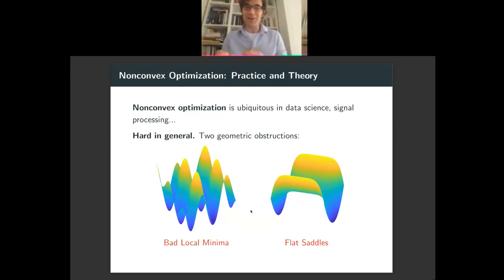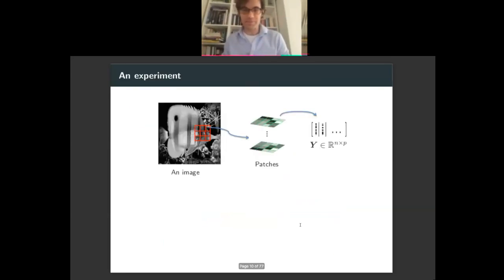In particular, in the example at right on this slide, the objective function is so flat that in order to descend, I would need to look at fourth derivatives or higher. So this really rapidly gets me into hard problems in the algebra of tensors. Okay, so these are our two geometric obstructions to optimization in general, and non-convex optimization in particular.